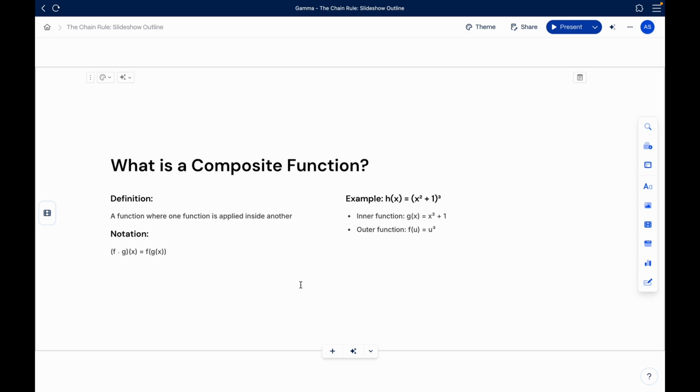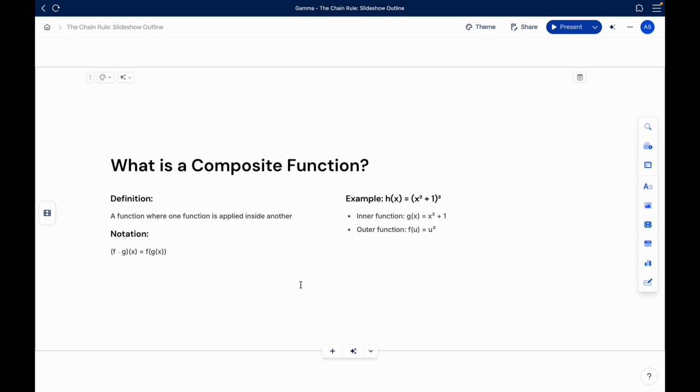What is a composite function? Now before we start, I'm pretty sure you already know what a composite function is if you studied algebra or looked at some of my algebra videos. Otherwise, all good if you don't know. Basically, it's pretty much one function applied inside another. And this is just going to be a quick review, as the chain rule is all about differentiating these composite